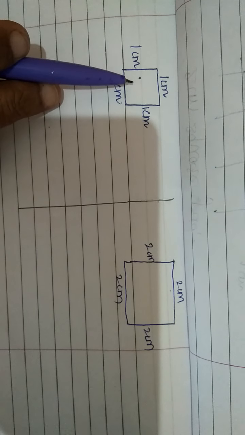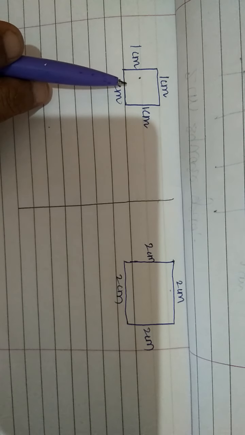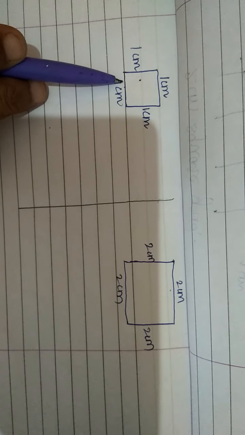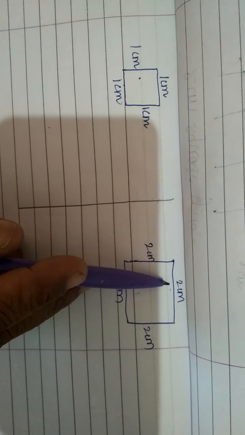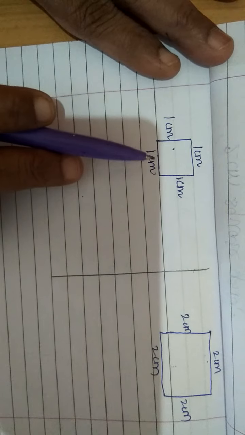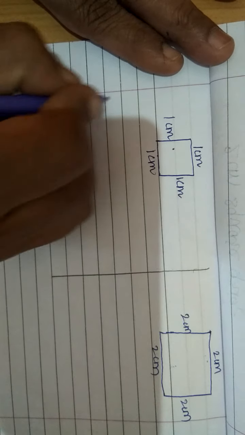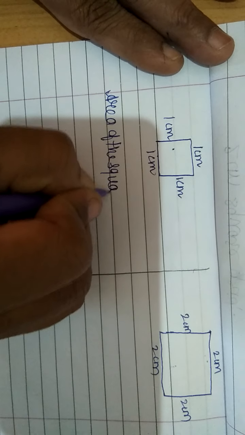Now children, here I have given you a very simple example. Here you can see in one square, the side of the square is 1 centimeter, and in the second picture you can see the side of the square is made 2 times bigger, meaning 1 is becoming 2 times. Isn't it children? Now we will find the area of this square having side 1 centimeter. Now children, the area of this square will become what?